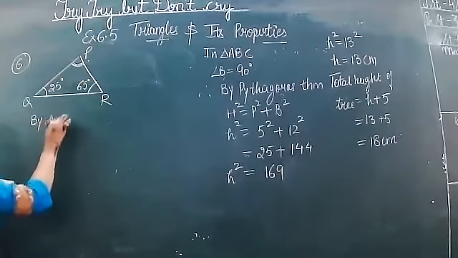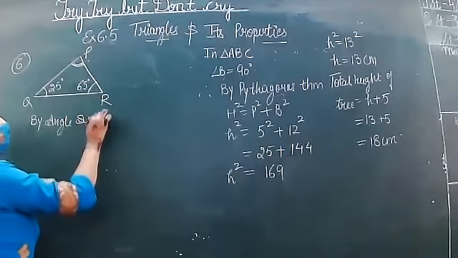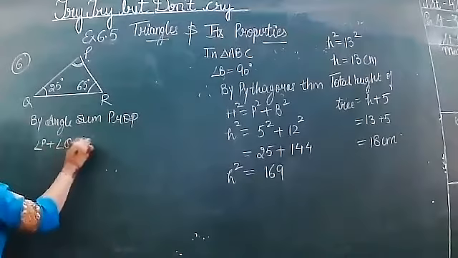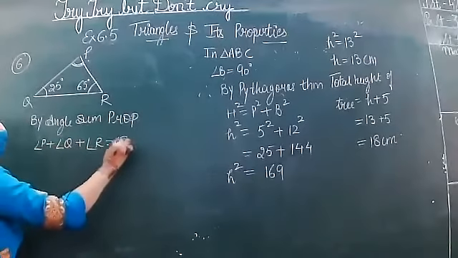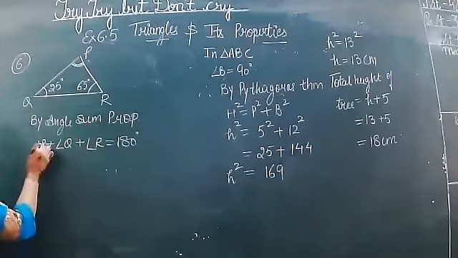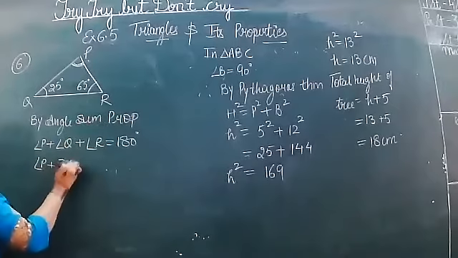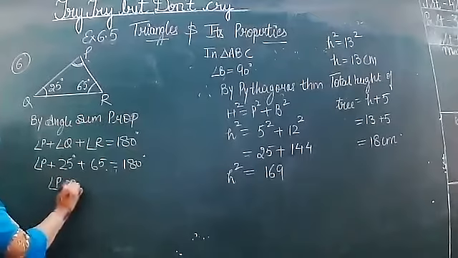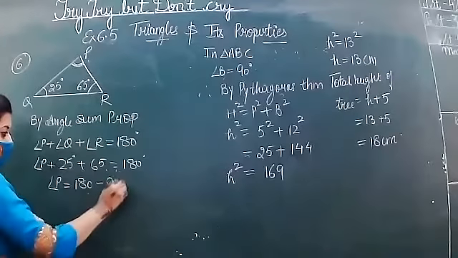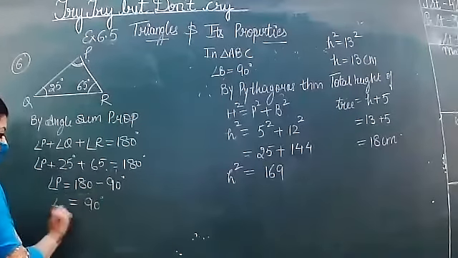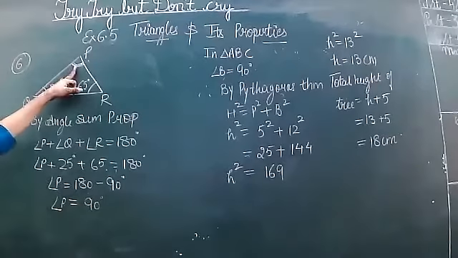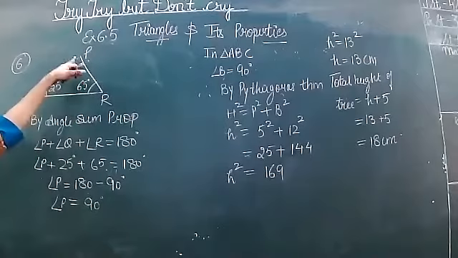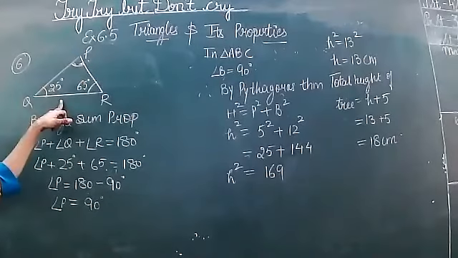By angle sum property, angle P plus angle Q plus angle R is 180. This is the reason. Angle P is missing, angle Q is 25, angle R is 65, angle P is 90 degrees. Now, if this angle P is 90, then the side which is opposite to angle P, the side which is opposite to right angle is a